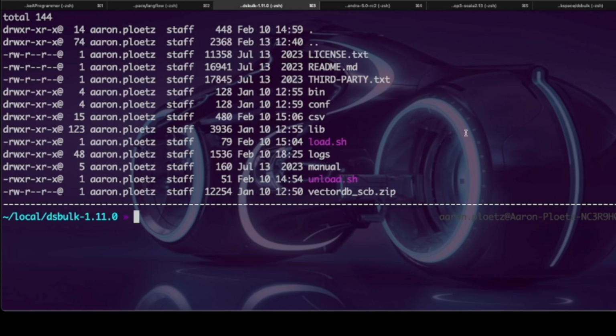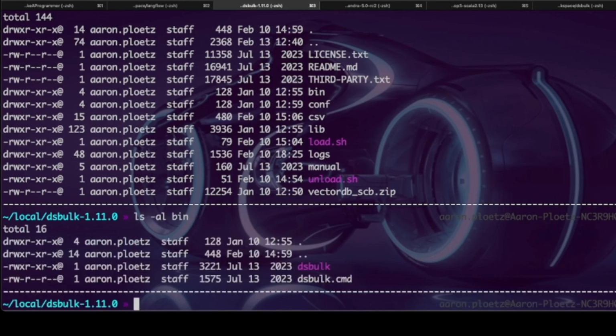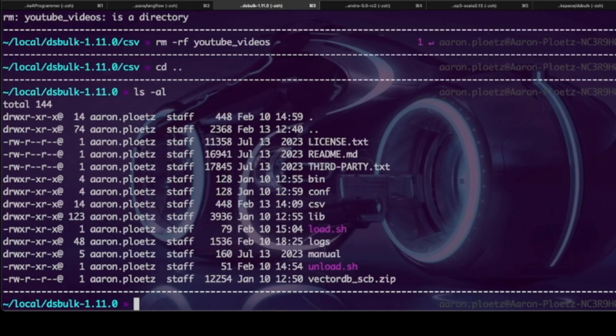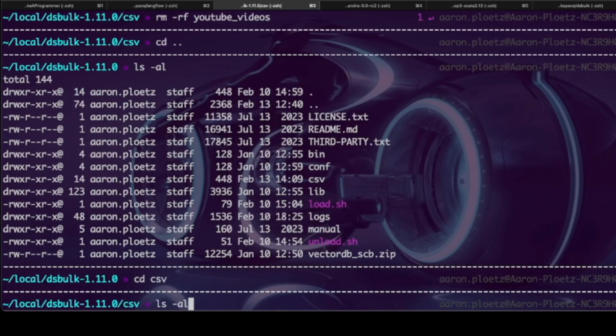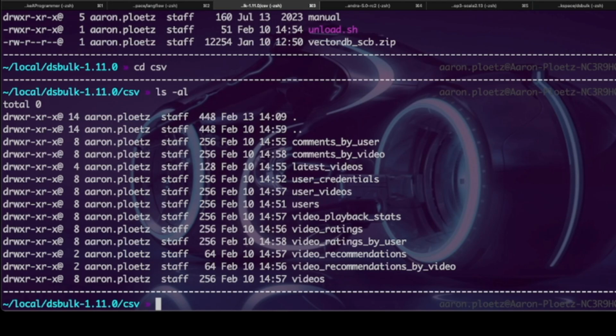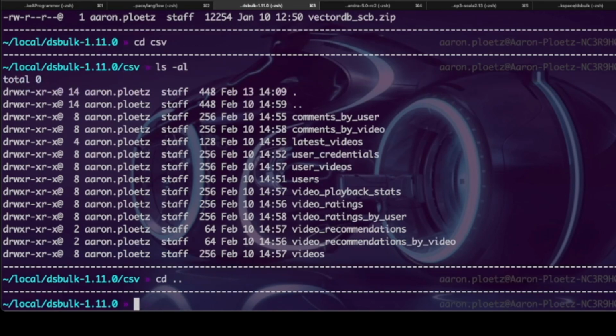Excellent. So next, let's go to our DSBulk directory. You can see I've got it right here. We can have a look at ls -l bin, and yep, you can see we have a dsbulk command there. We should also make a spot for our data files to reside on an interim basis. I've actually gone ahead and created this csv directory. Say cd csv, ls -all. You can see that I have used this on several different tables already for killervideo. So now what we're going to do is go ahead and use it on the YouTube videos table. So I'm going to get out of there.